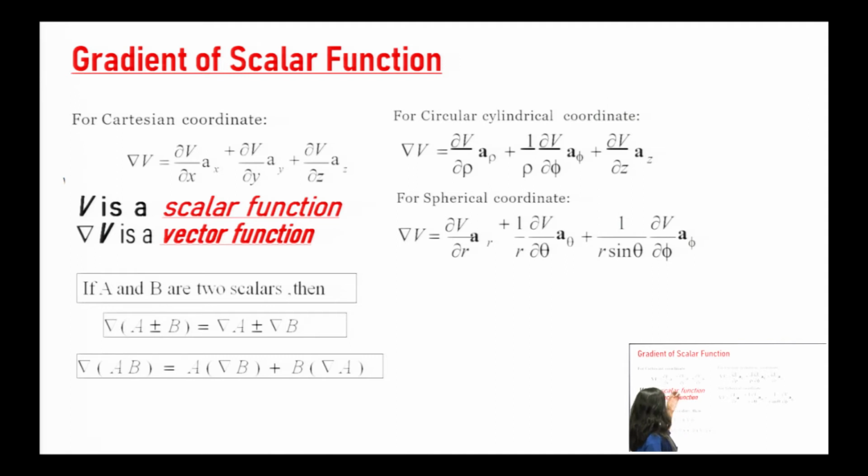So I mean to say that gradient is such kind of operator which transforms a scalar into a vector quantity. Now, as we know that we have three kinds of coordinate systems, so we need to define gradient in three different coordinate systems. Suppose V is a scalar quantity in x, y, z dimension, and it is also differentiable, then we can define the gradient of V as dV by dx ax, dV by dy ay, dV by dz az.